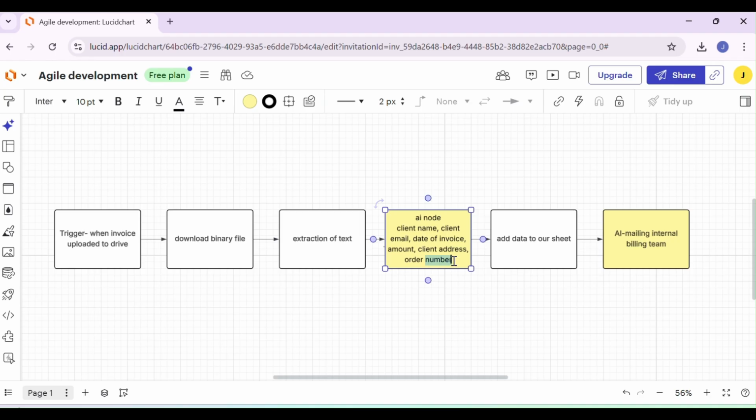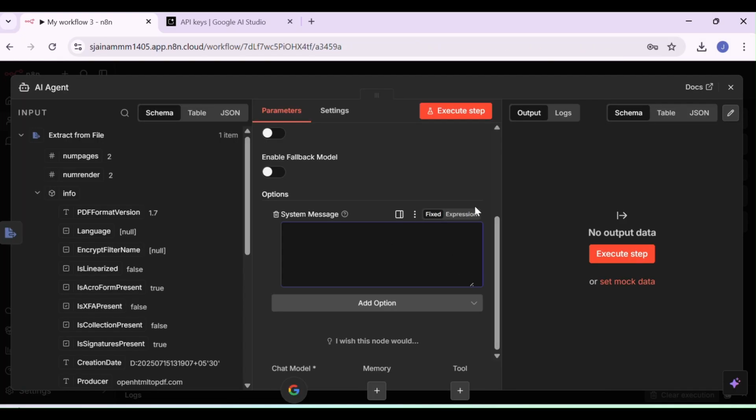So we can copy this, Control C. I would be doing this, Control V, and you can write down your role is to get client name, client email, date of invoice. So this is what we are supposed to get, right? So your role is to get client name